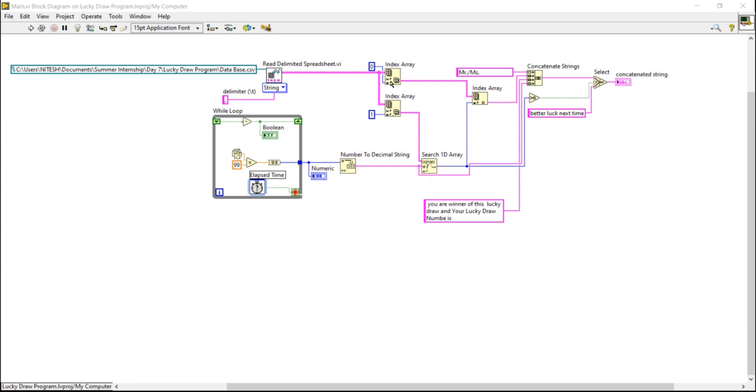I can eliminate this problem like this. We can drag it once more and I can connect here like this.